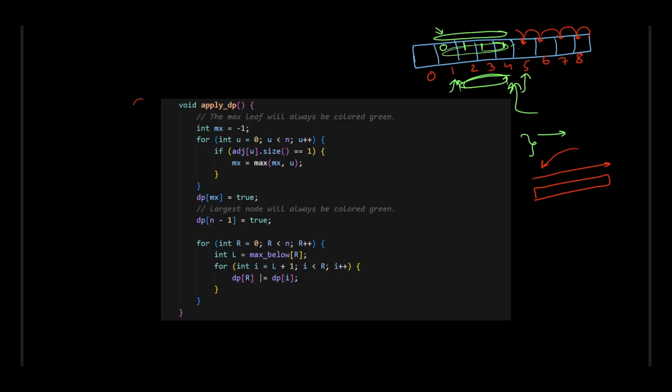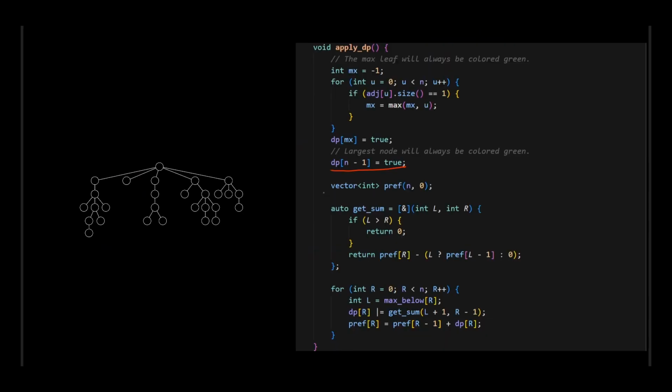So for understanding DP on trees, just implementing this O of n square idea is good enough. If you understand why this O of n square DP on tree idea works for just checking the feasibility, that is good enough. But if you want to optimize it, you define a prefix sum array that gets the subarray sum in O of 1, and then all you have to do is query the subarray sum and check if it is strictly greater than 0 or not. So this works, and this kind of concludes the first part of this video,